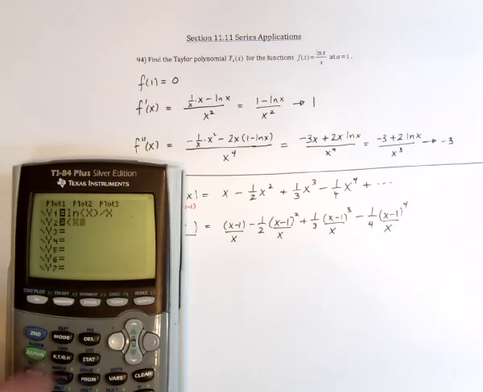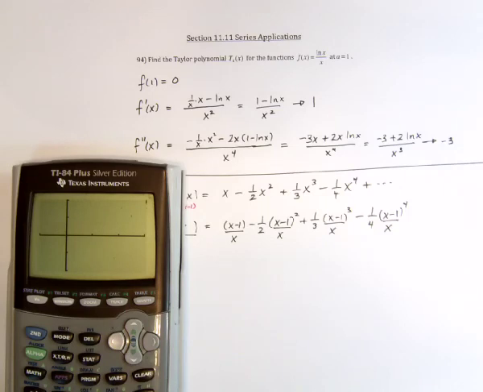So x minus 1 divided by x, and then minus a half, x minus 1 squared divided by x, because I don't need parentheses, and plus 1/3 x minus 1 to the third divided by x, minus 1/4 x minus 1, and then divided by x. Oh no. Oh, I see. Come on, little calculator, you can do it. My calculator is graphing them both at the same time,